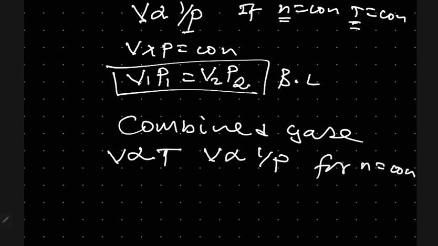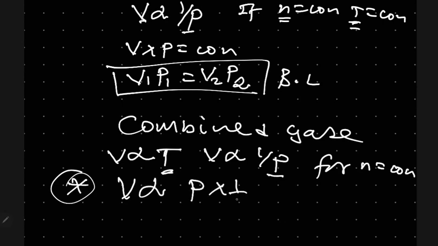Remember, the combined gas law works for a constant amount of substance, or for a constant number of mole. So you can have the conclusion: volume is proportional to the product of temperature times 1 over pressure,